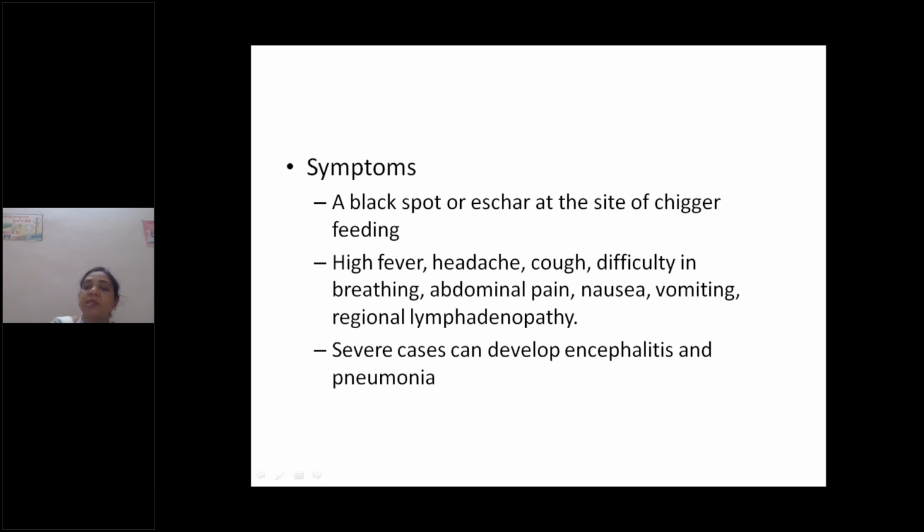When the bacteria enters into your body and multiplies, general symptoms usually appear, such as high fever, headache, cough, difficulty in breathing, abdominal pain, nausea, vomiting, and regional lymphadenopathy. If the case is severe, then the person may develop encephalitis and